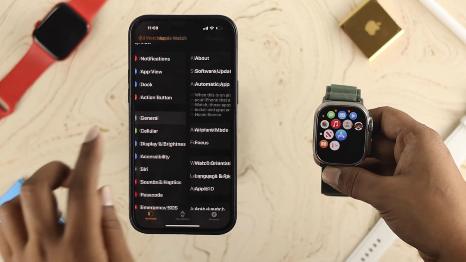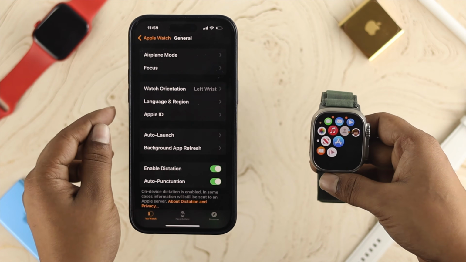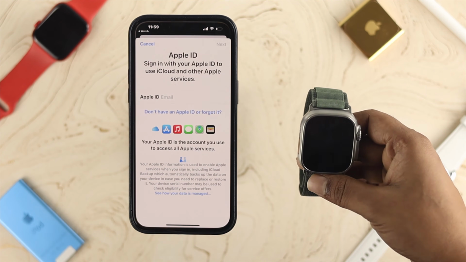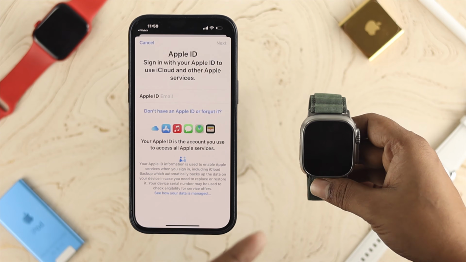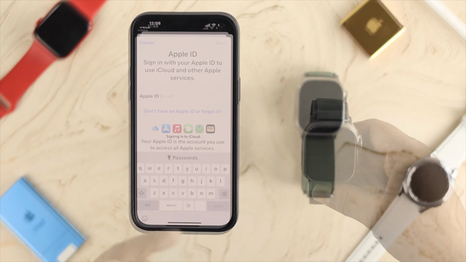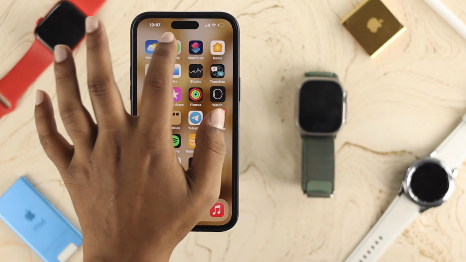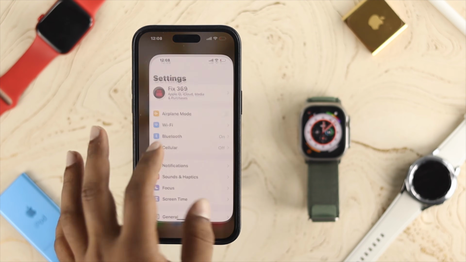Now first you want to tap on General, scroll down and tap on Apple ID. Now here you know that to download or install an application, it requires the Apple ID. Now just simply sign in with your Apple ID and password from there. Alright guys, so once you're signed in with your Apple ID, quickly after that